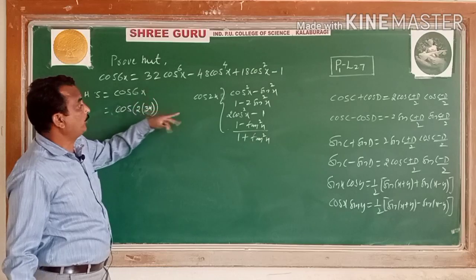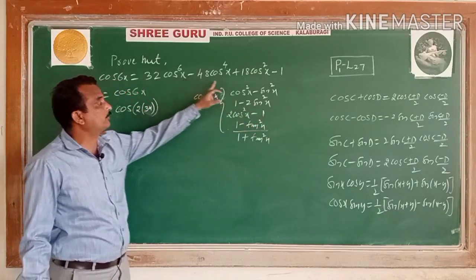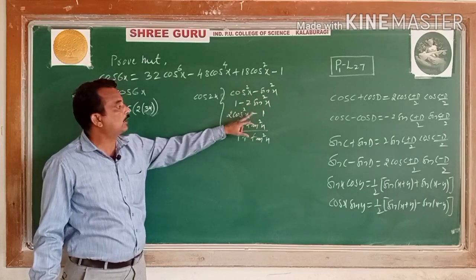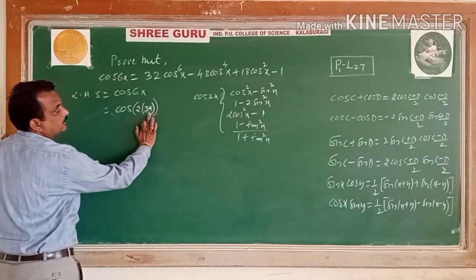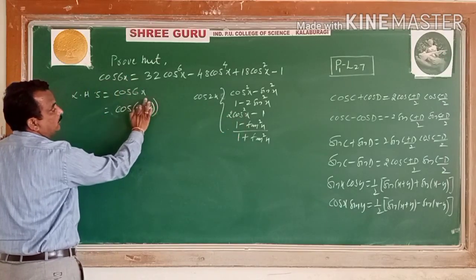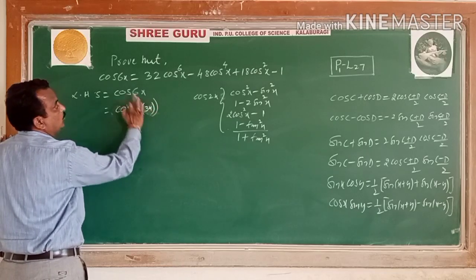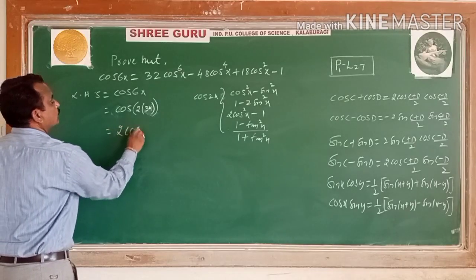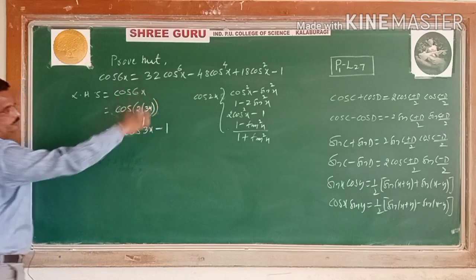Tell me, students, which one here you have to substitute? In the cos 4x you have substituted this form. Here you have to prove in terms of cos. Shall I go for in terms of cos? 2 cos square x minus 1, where x is what here? Where x is what here? 3x. This 6x we have converted in the form of 2 into theta, where theta is 3x. So this is 2 cos square of 3x minus 1.